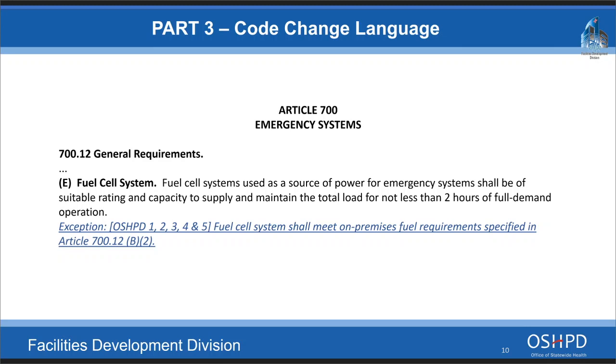I will note that CMS still uses NFPA 99/2012 and references NFPA 110/2010, both of which require generators for the alternate power source. So we won't be seeing many fuel cells being used as the primary source of the essential electrical system, but the code is being updated. So in the future, next slide.